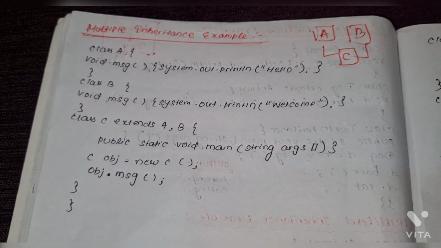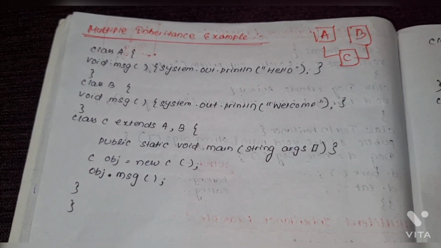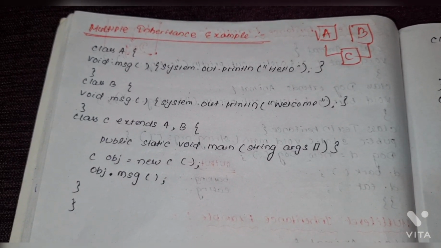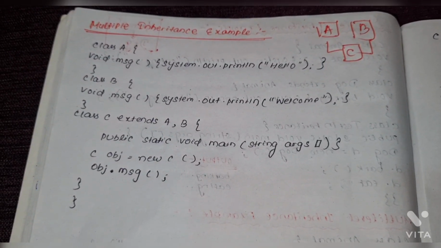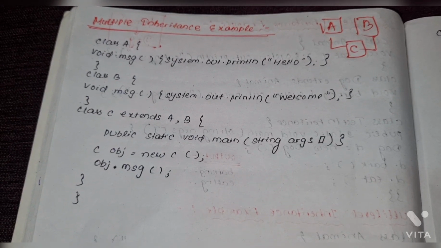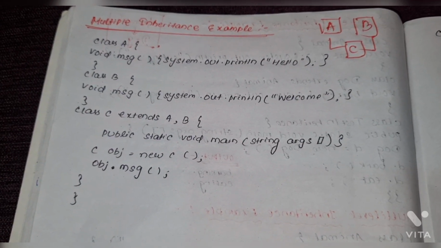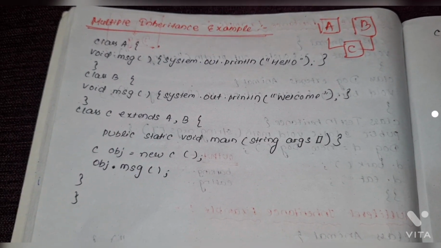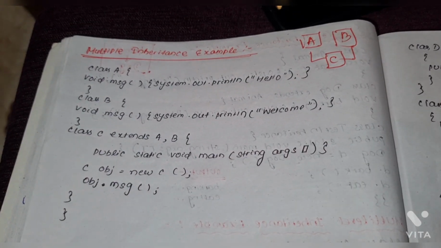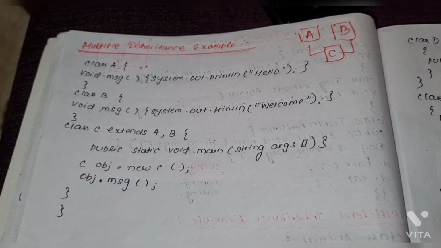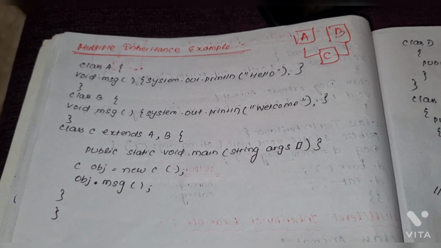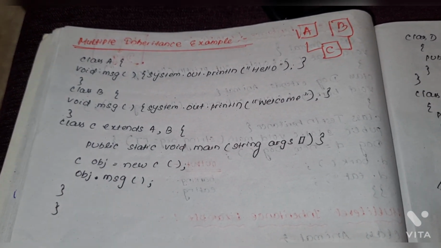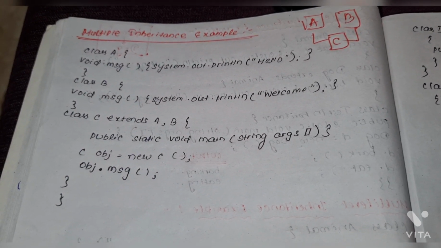You can clearly see from the example, I have described class A, I have described class B, and I have also described class C which has been extended from A and B. I have also used different functions for that, but Java does not support this, to keep the Java language simple and less error prone at runtime.